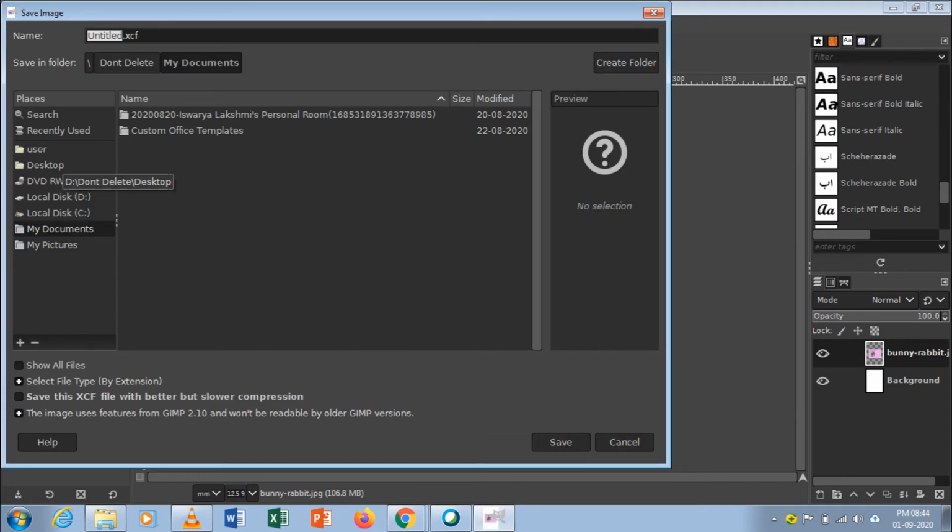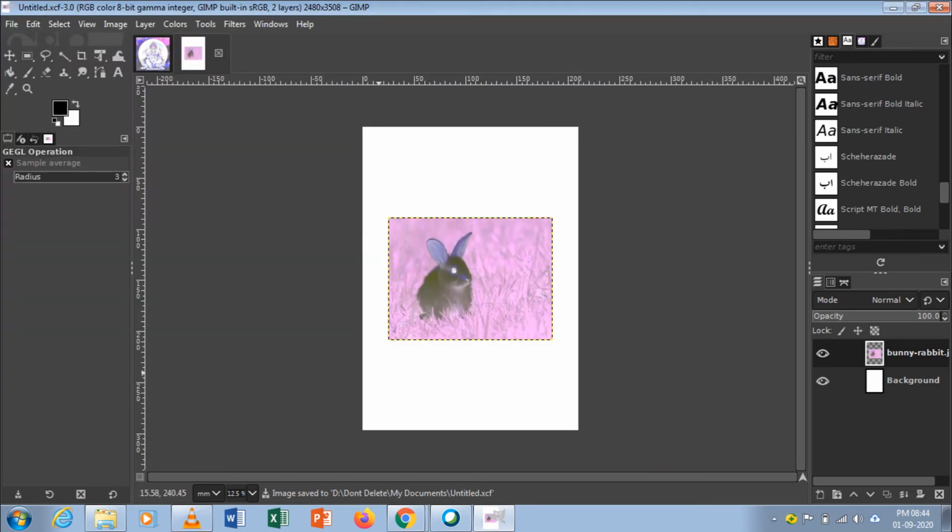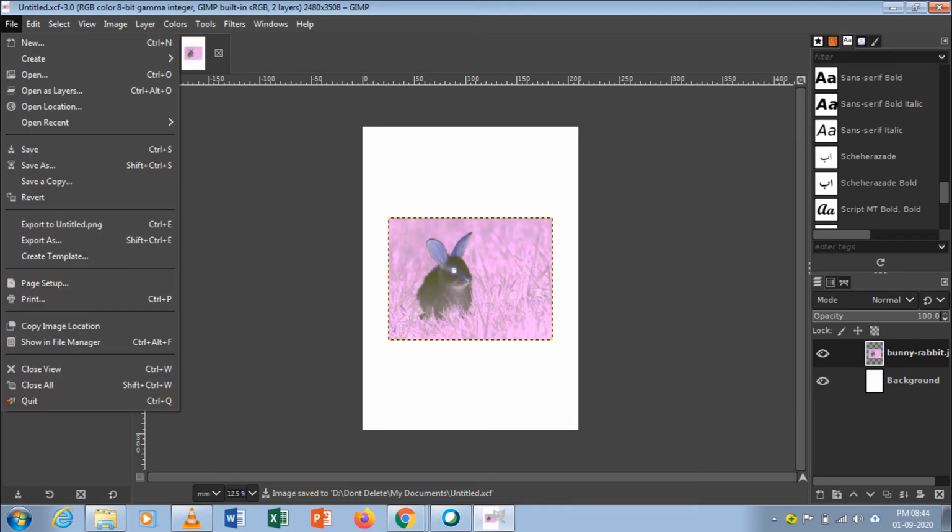Okay, now I saved the file. After saving the file, using the quit option you can come out from the GIMP software. That's all, children.